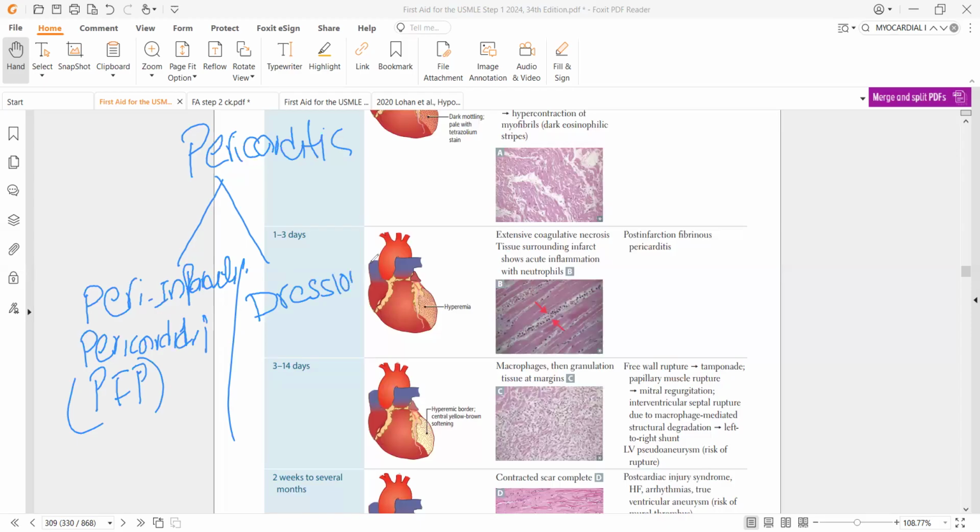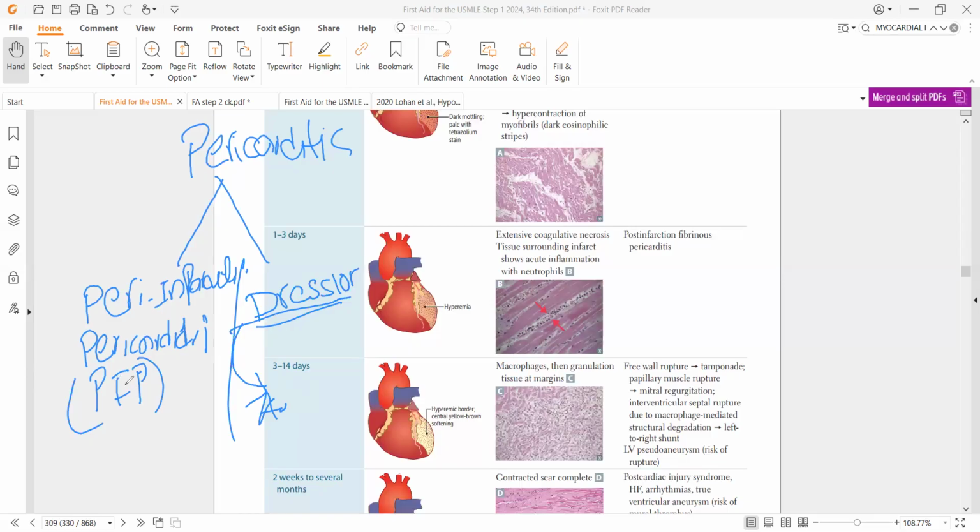Dressler syndrome. Okay. So Dressler syndrome is due to autoimmune. They want to know the mechanism. Dressler syndrome is autoimmune, right? Because antibodies are produced against the cardiac cells. What about the